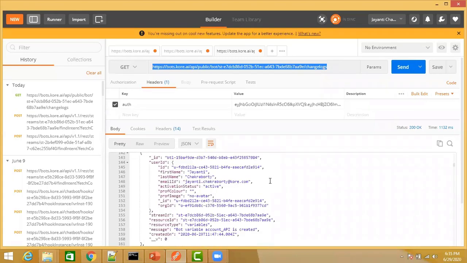So in this way, there are multiple APIs available. You can use any one of these APIs as per your requirement from an external application to trigger some function on our bots platform. The steps to do that: first, you need to enable the API scope. While doing that, you need to create an application for that particular bot.